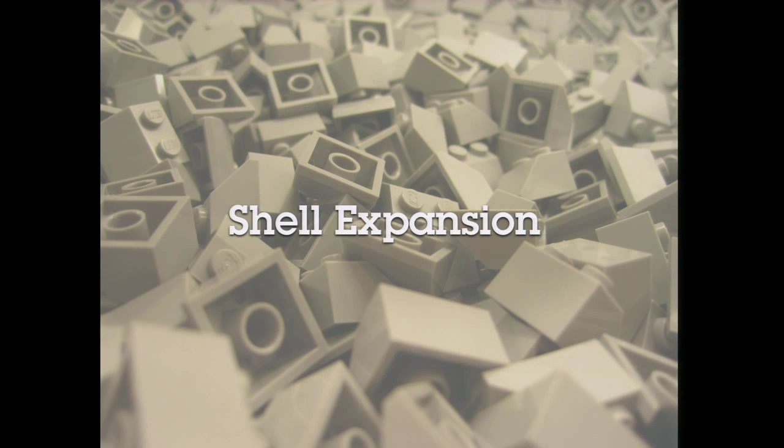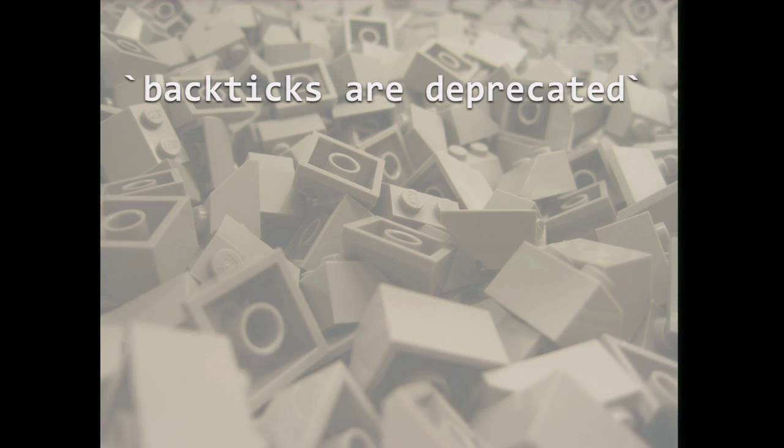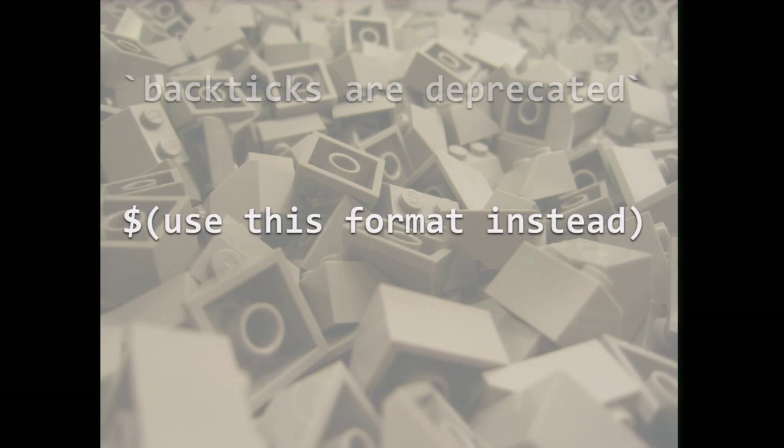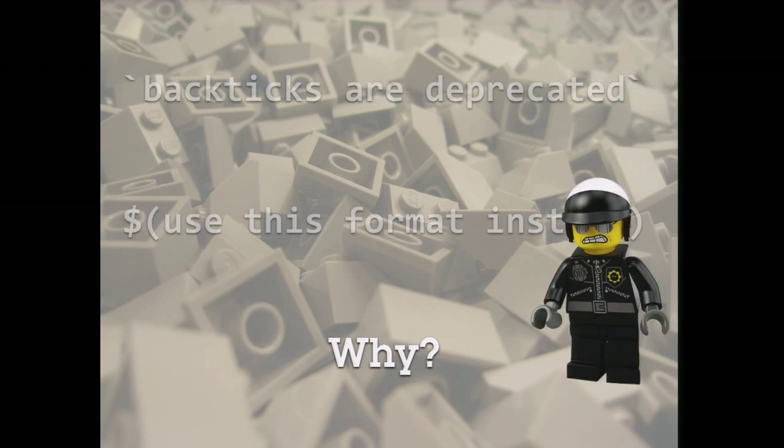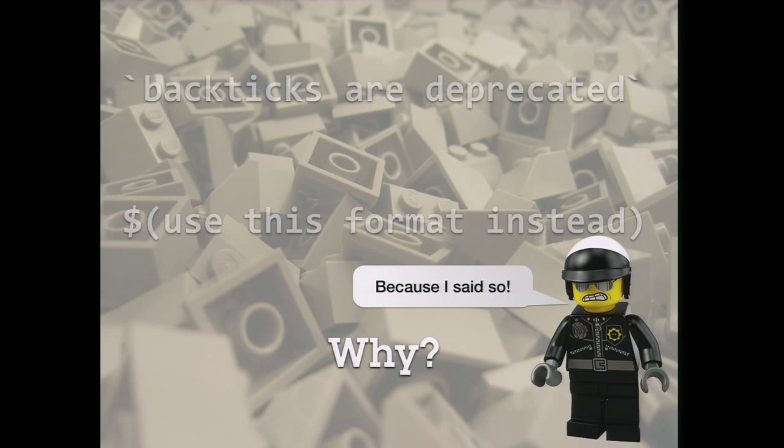So shell expansion is a way to swap out the result of an expression in place of the expression itself in your code. Command substitution is the most common form, and there are 2 ways to do it. You can put backticks around your command, and it works fine in most cases, but you should really use the second method. Put a $ sign in front of your command and wrap the whole thing in parentheses. So why should you use this second method? I'll give you one hopefully clear example.